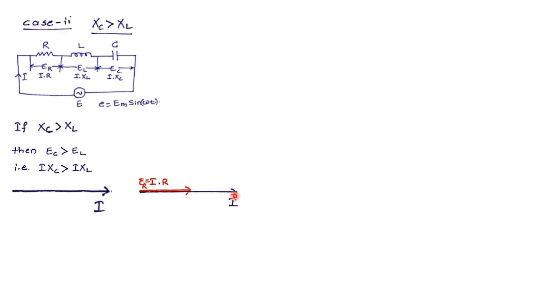Okay. The same current I will now be flowing through L, creating voltage EL across it, and as per the inductance component, the current I through the inductor will always be lagging behind the voltage across it, or the voltage across the inductor will always be leading the current through it. Therefore, EL will be